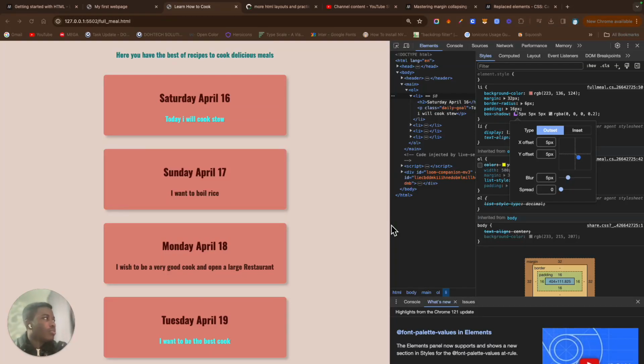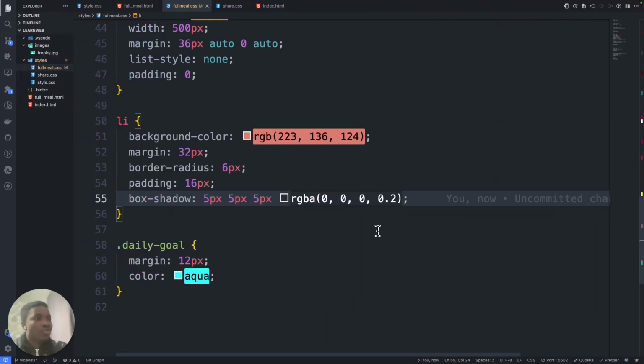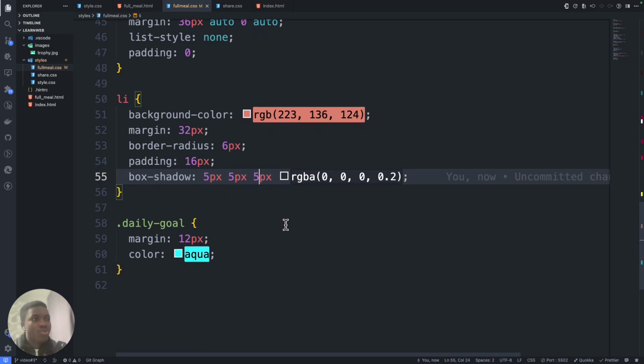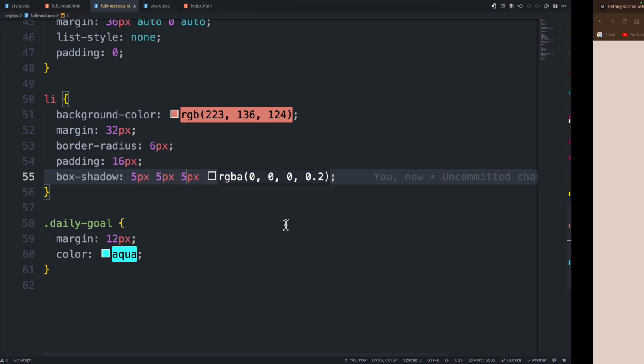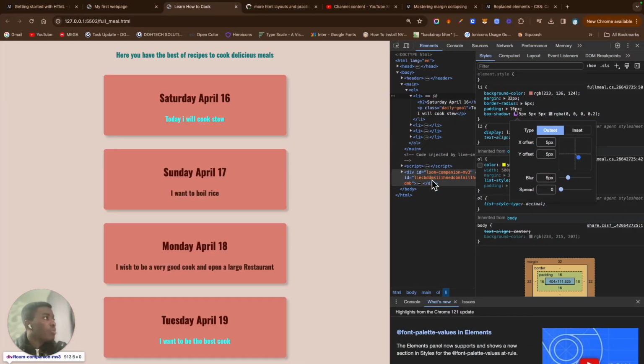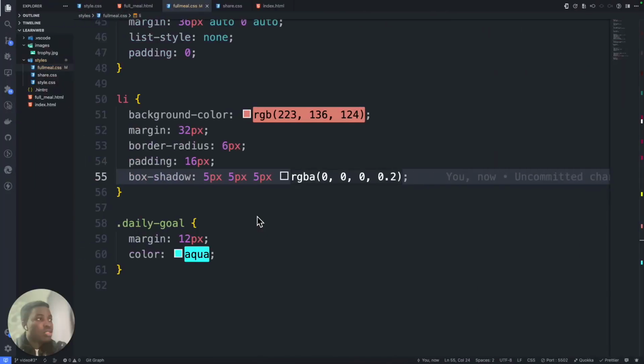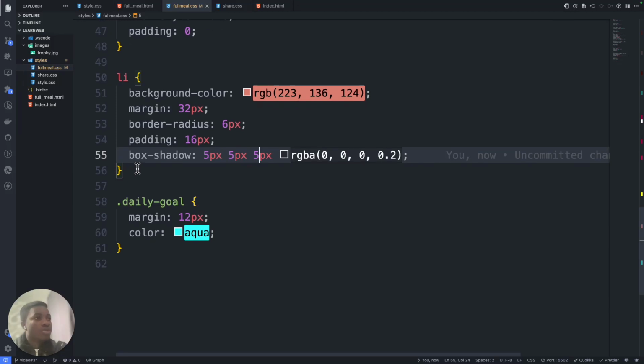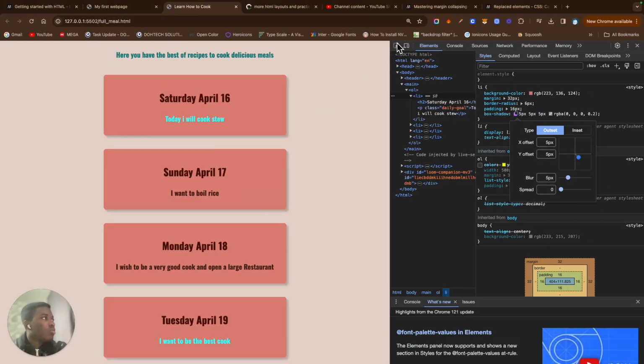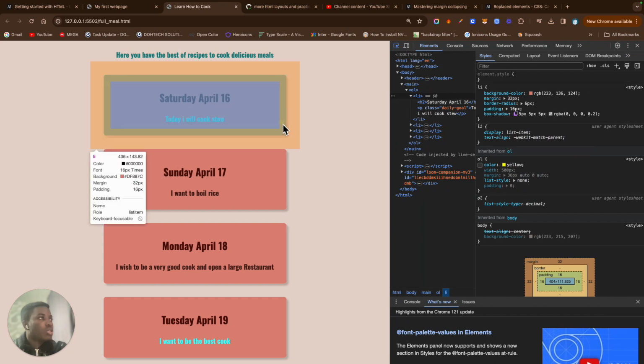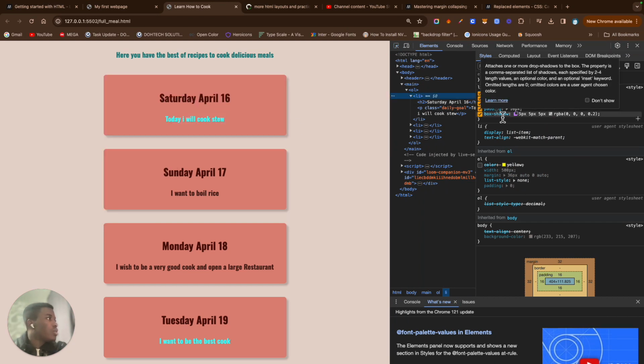Hey guys, what's up? In our last video, we added the box shadow property to our list items within the developer tools, but we didn't add that in our code base. So here we have just added our box shadow property of 5 pixels, 5 pixels throughout. You can even decide to use 4 pixels. Now once you come in here to see that it's applied, you'll see here you have